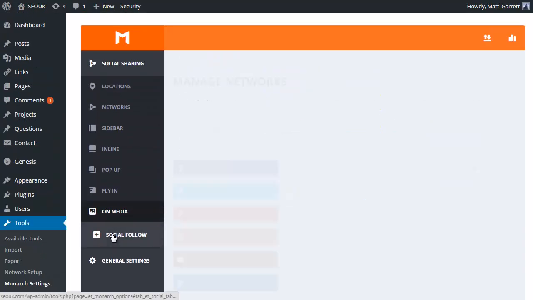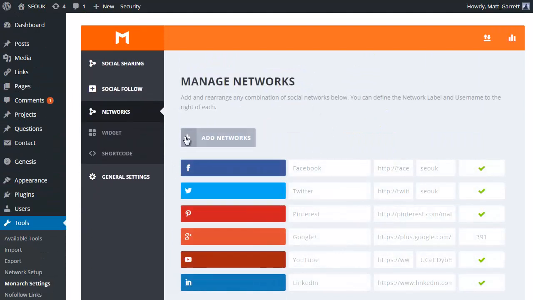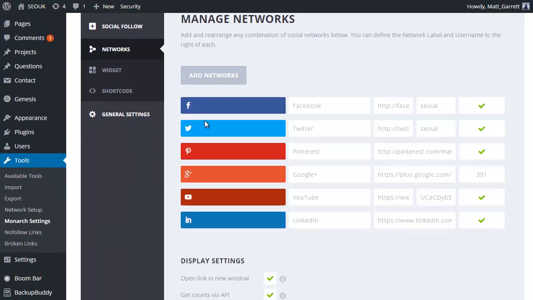Let's go on to the social follow settings. And again, as I mentioned earlier, this is where you need to add your own social networks and sites that you want to have people follow you on. Again, you can decide on what the description is that appears. You then put in your URL, and you'll notice I've got ticks next to most of these,